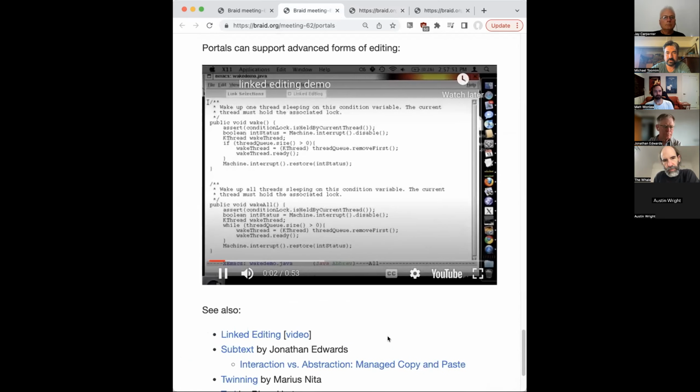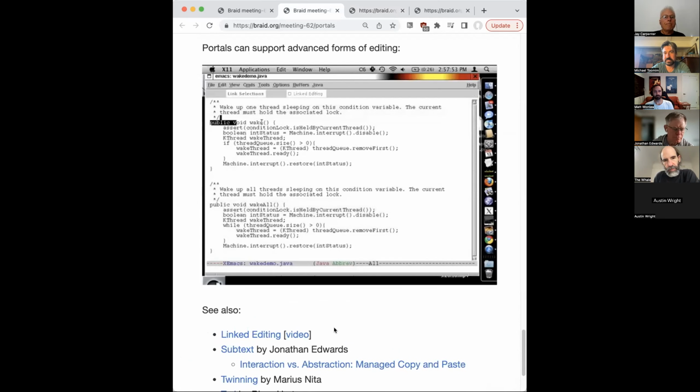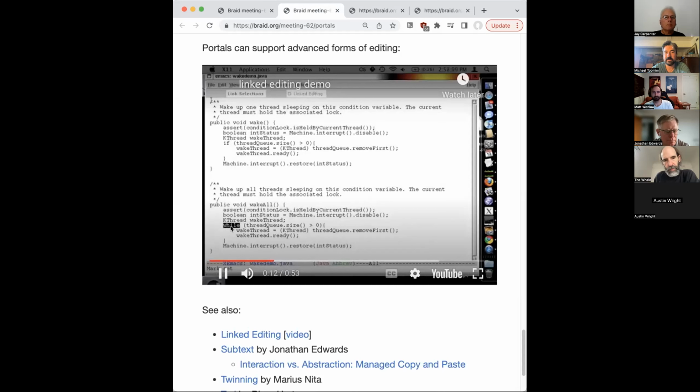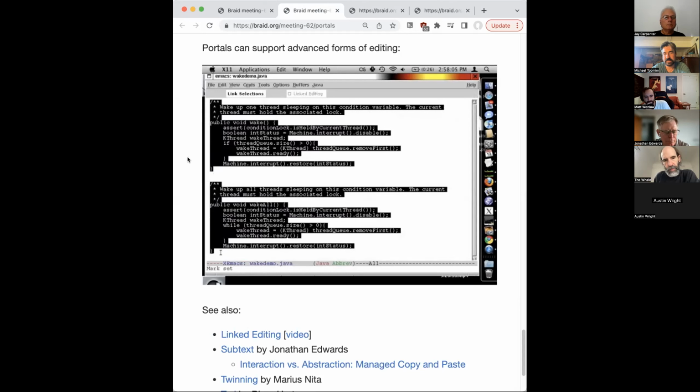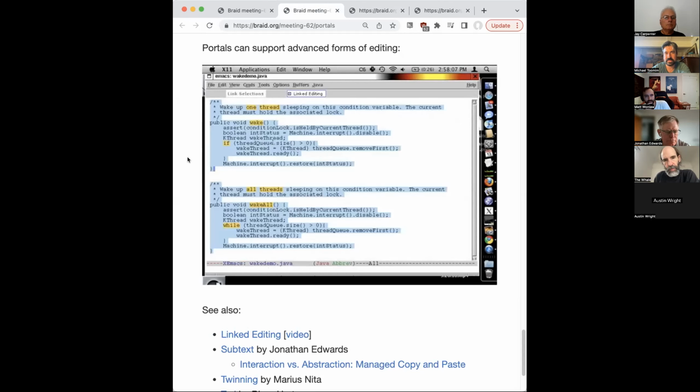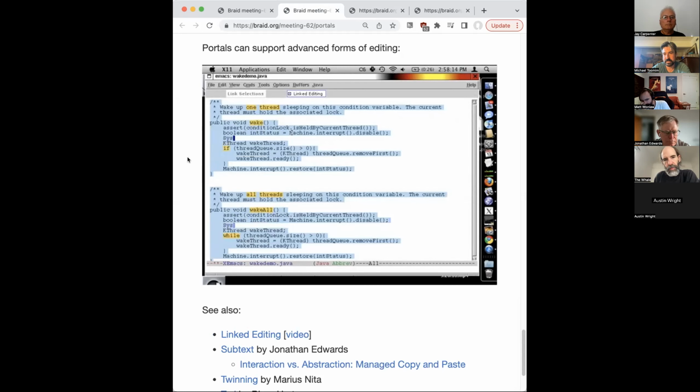So this is a programming editor that lets you simultaneously edit copied and pasted code. So these are two functions. They are the same thing, except this one has an if statement where this one has a while. Otherwise, they're the same function. And so in this editor, you can select them both as two selections. Then you say link them. It does a diff. It shows you which regions are the same and different, and it gives you simultaneous cursors so that you can edit them both at the same time. And you can implement this using portal semantics. And you could also go to one of them and add a patch just to that one.